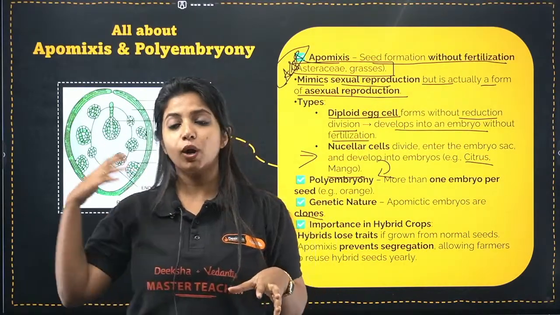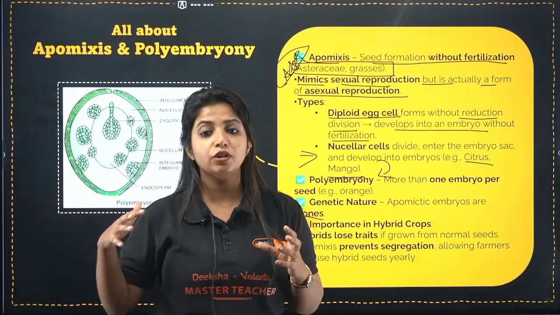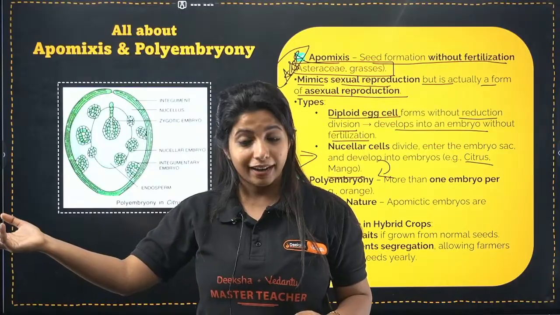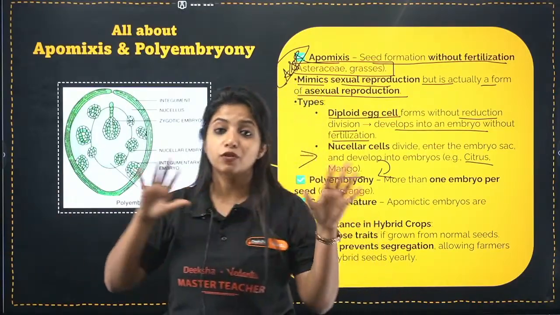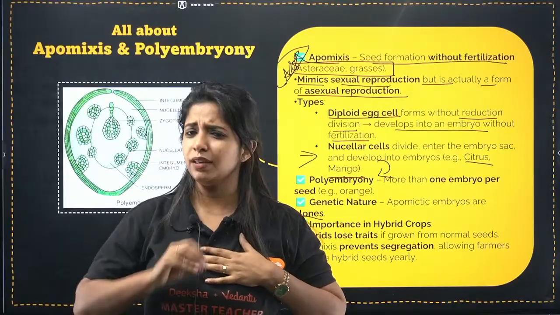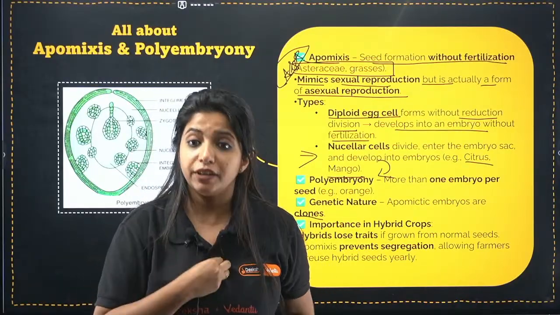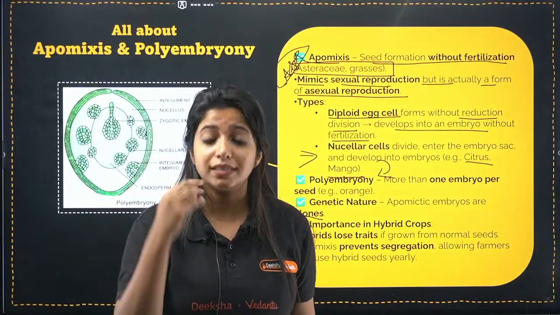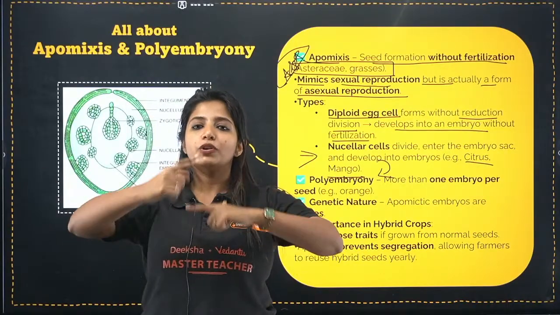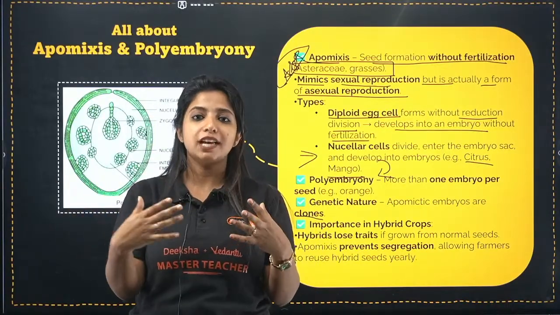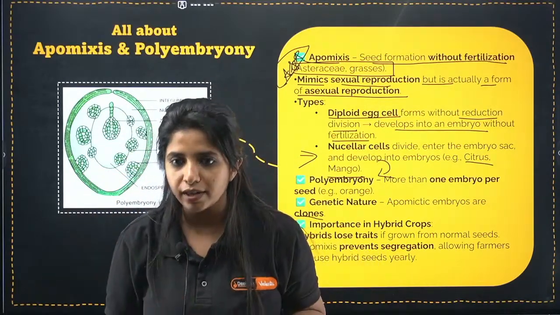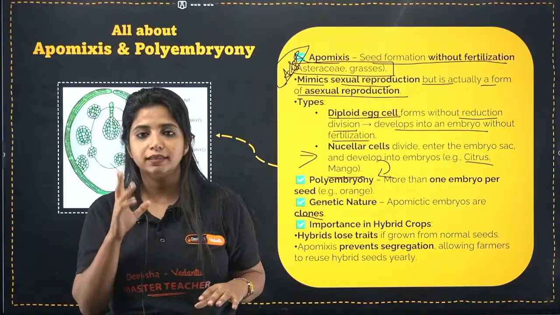On the other hand, if at all I relied on sexual reproduction, what is going to happen? The male will also contribute to something. It could be bad, right? It could be bad. So this is not applicable for all the plants, but you need to understand if there are some plants which are really good, a superior variety of crops, and we make them produce apomictic seeds, then basically we do not have to be worried. These seeds are going to produce within themselves itself. All the good characters are going to just keep going on. So that is one very important thing that is there.